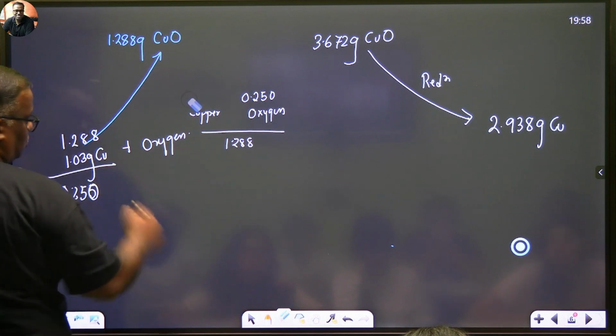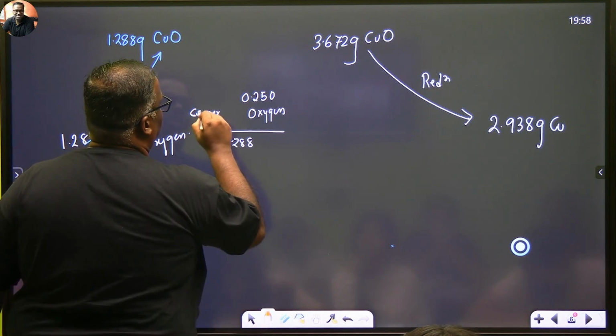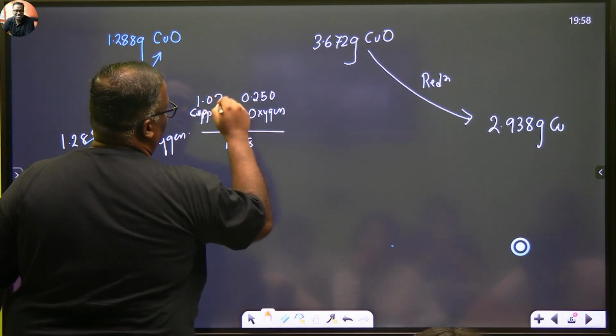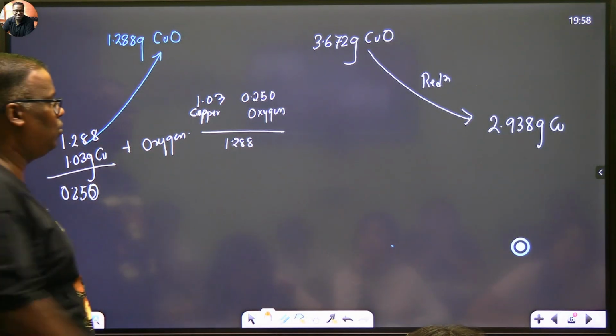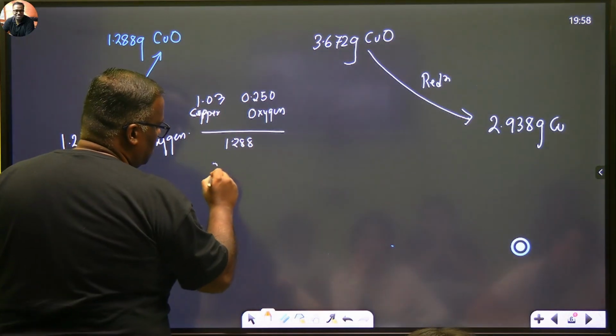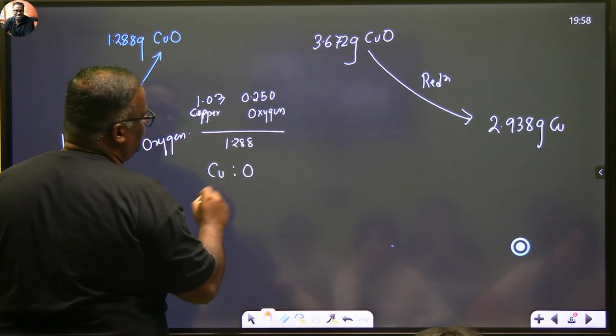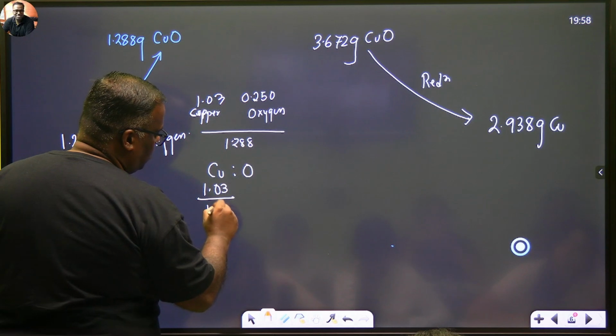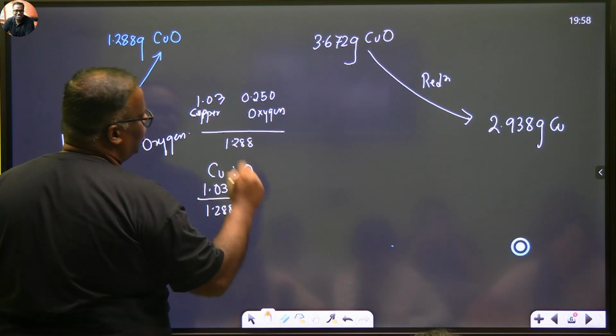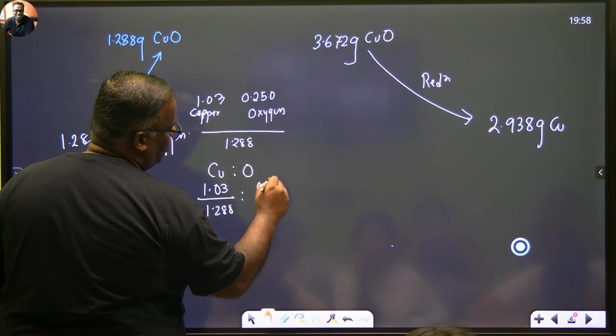This is 1.03. Copper is 1.03. Net mass is this. So can you find out what is the ratio of copper and oxygen out here? Here copper is to oxygen will be in the ratio of what? 1.03 by 1.288 is to how much? 0.250 is to